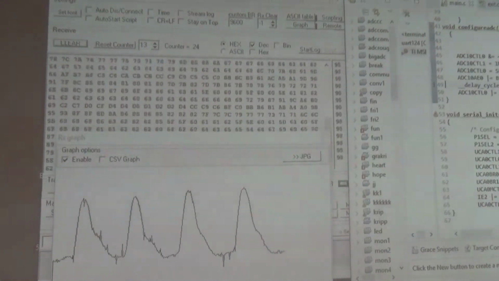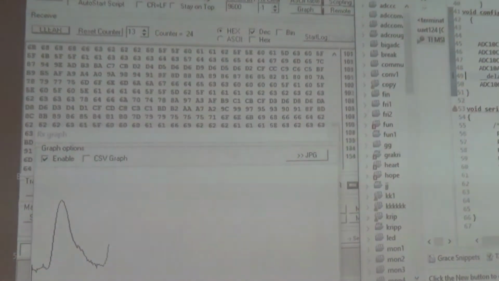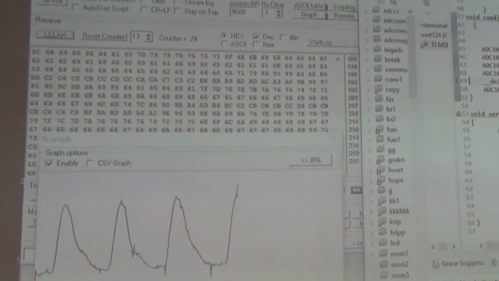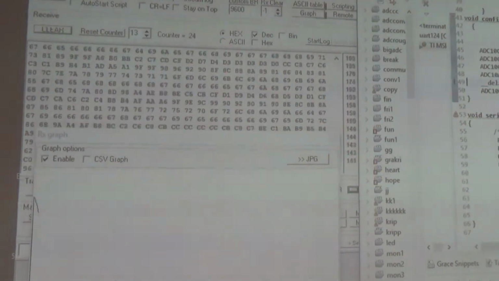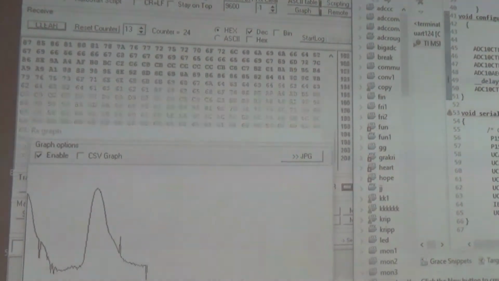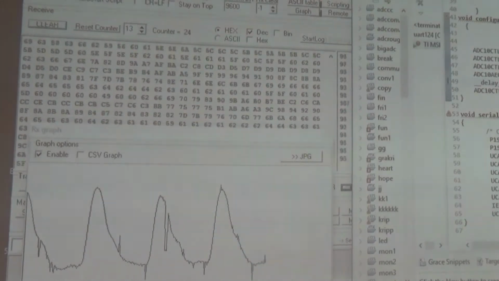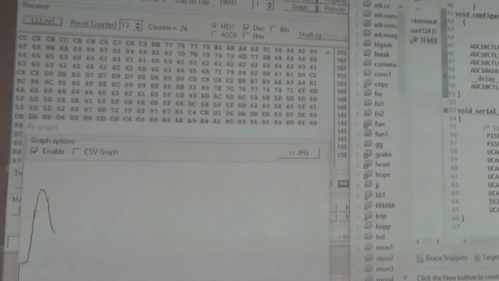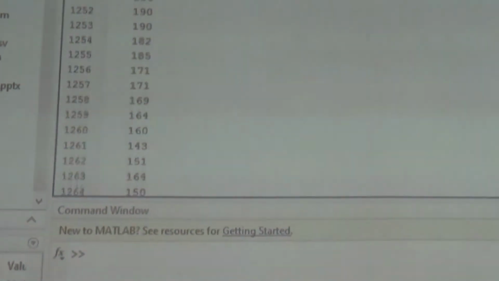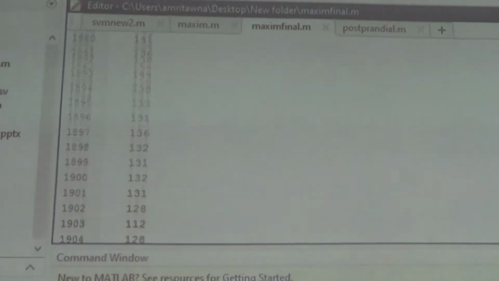Now you can see the ADC conversion in Code Composer Studio, which is the IDE we have used for coding. The ADC converted data is then sent to a UART terminal. The ADC converted PPG data is taken to MATLAB for further processing to derive blood pressure, pulse rate, blood glucose